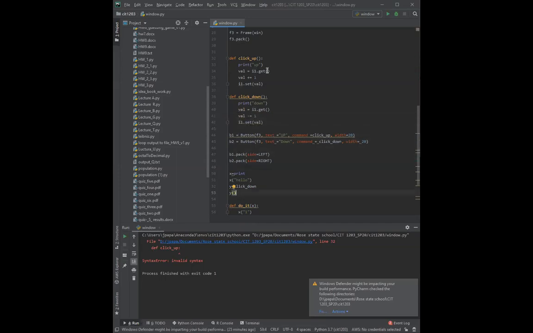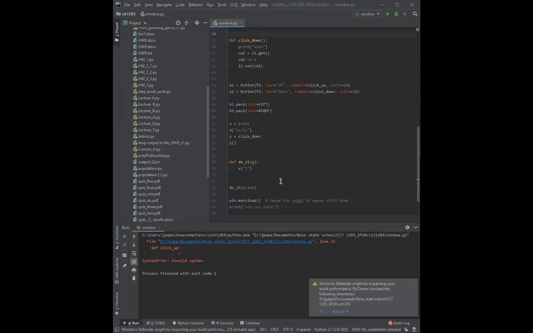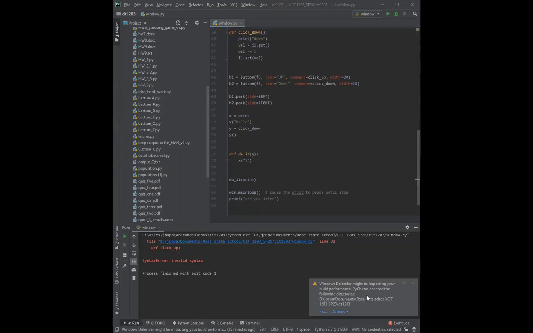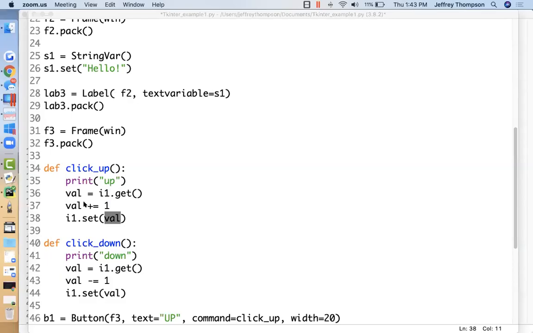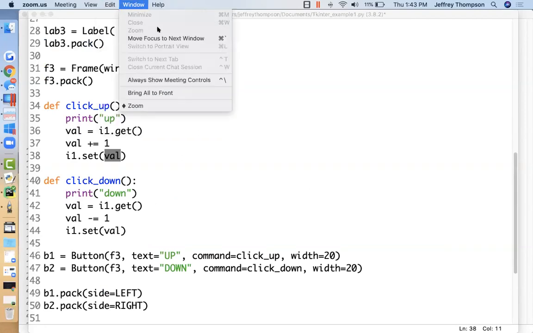PyCharm's really good at flagging all the little things. Reformat file, boom, then it says shadows X from outer scope. You know why it's doing that, but that's okay. We've been over it like 1,000 times, but I always forget how to fix it. Put everything into a main. Yeah. If we took all of this code that we had added and put it inside a main function instead, it would fix that kind of thing. And really, of course, these things should be defined up here at the top of the code rather than in the code, but it's convenient to have them there. So if we run it,